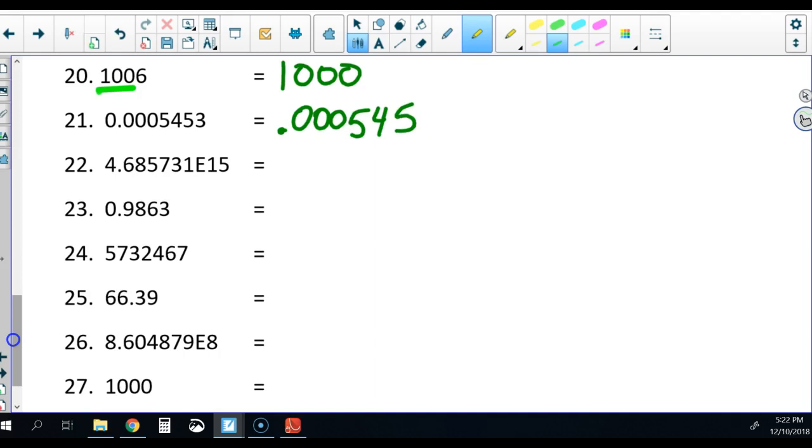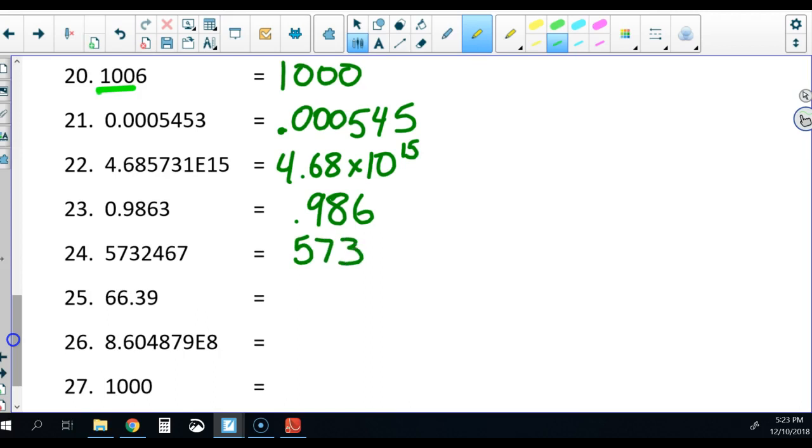22. 4.68 times 10 to the 15th power. 23. 0.986. 0 does not have to be there at the beginning. 0.986 is the same. 24. 573. Everything else rounds off to zeros. So 0, 0, 0, 0. Each 4 of those numbers, don't lose count of them, can be rounded off. You can put your commas in there, or you don't have to. Doesn't matter. 25, 66.39,